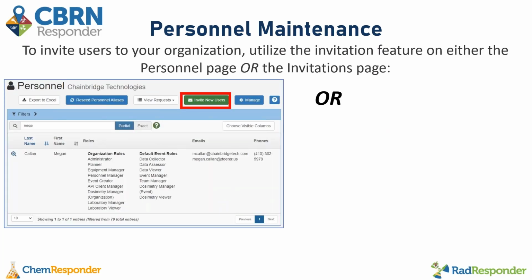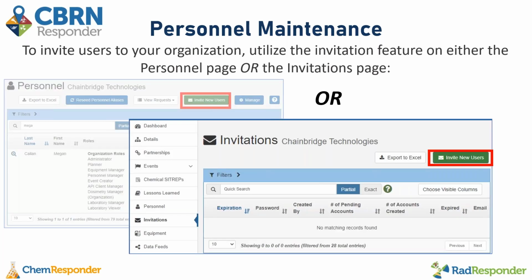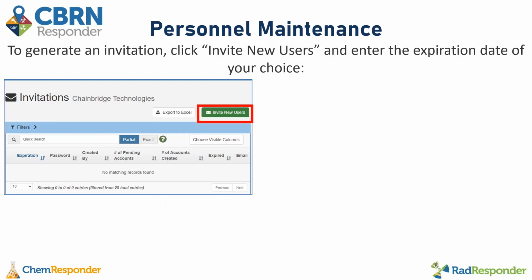To utilize the invitation feature, this would be a really good feature if perhaps you have a lot of personnel in your organization that are new to RespondR, CBRNResponder, so you can send them an invitation to join. And you can do this by clicking the Invite New Users button on the Personnel page, or if you navigate to the Invitations page, you will also see the button there. So to generate an invitation, you will click the Invite New Users button,